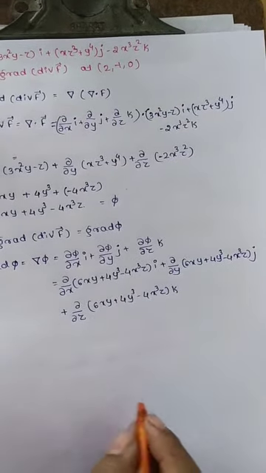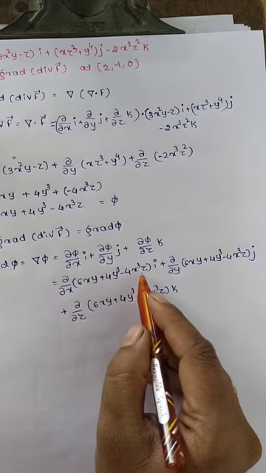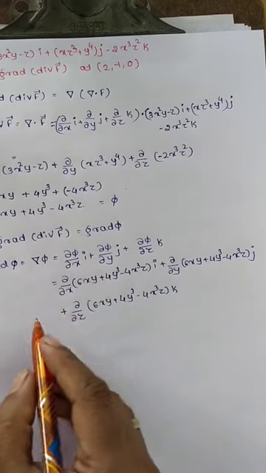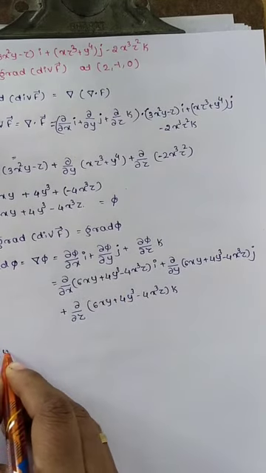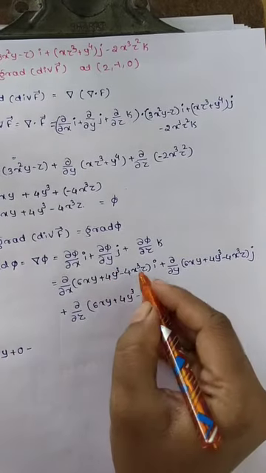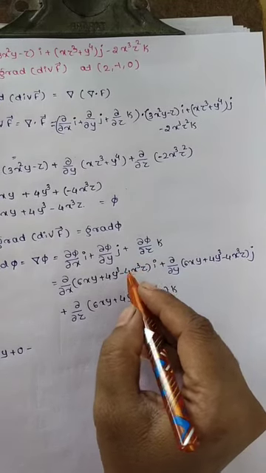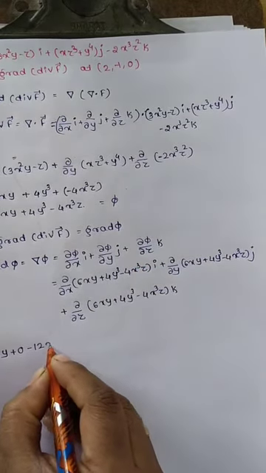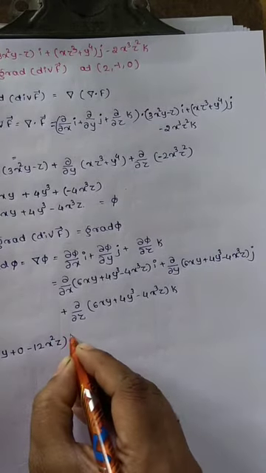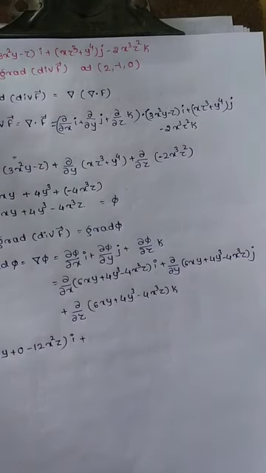Now differentiate partially with respect to x here. For the x term you have to differentiate, and y and z terms are kept as they are. Here x becomes 1, so 6y. Here the y term is not there, so this becomes 0. Minus, here x cubed differentiation is 3x squared, 3 into 4 becomes 12, x squared z, i. Plus, differentiate with respect to y.